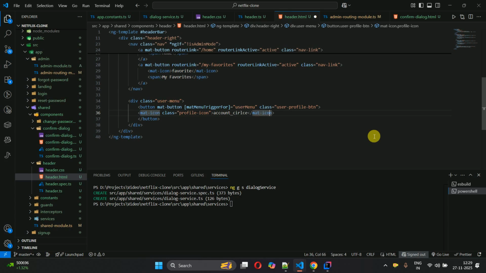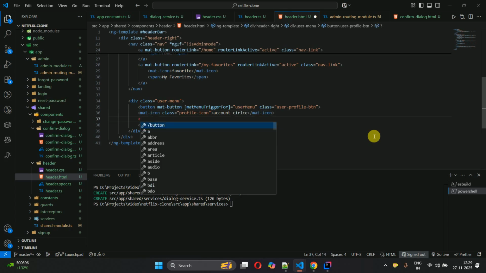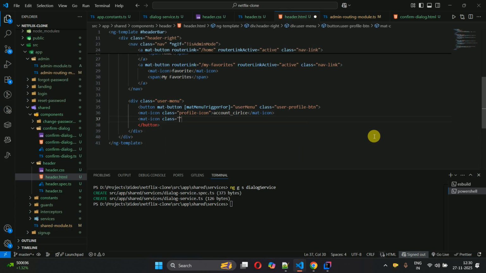and the next icon will be mat-icon with the class dropdown-icon and arrow_drop_down. So these icons will be visible inside this button, and then we have mat-menu with #userMenu,